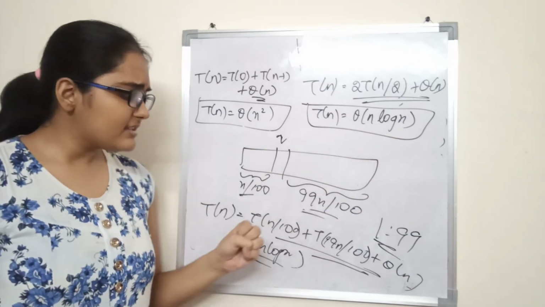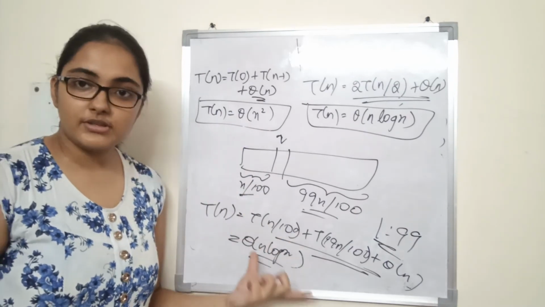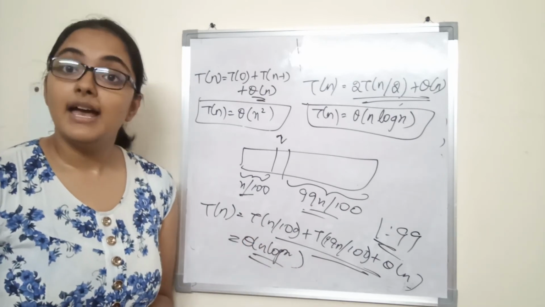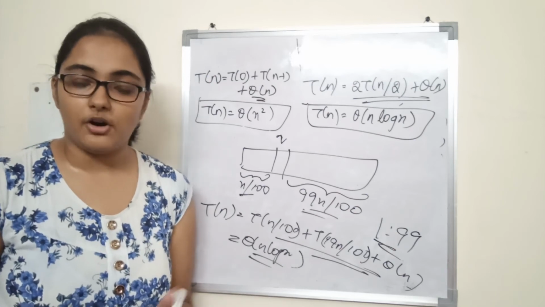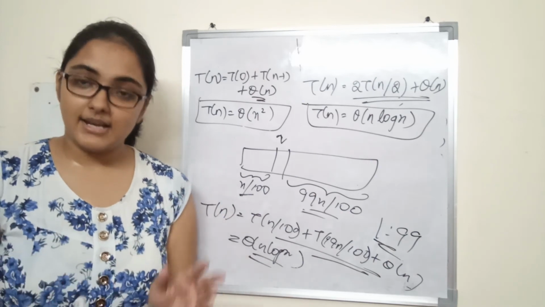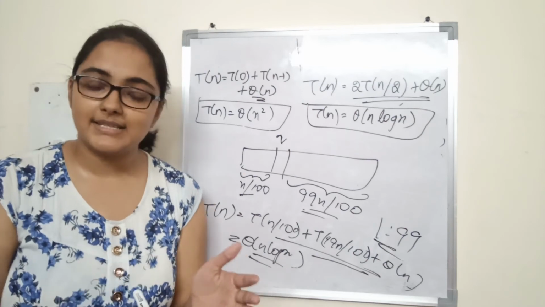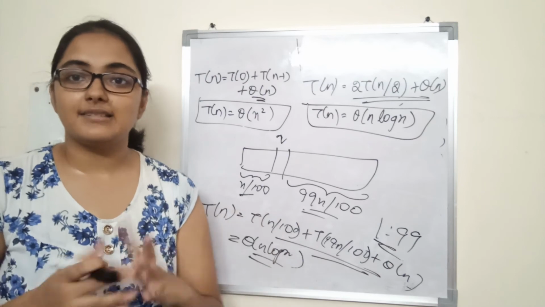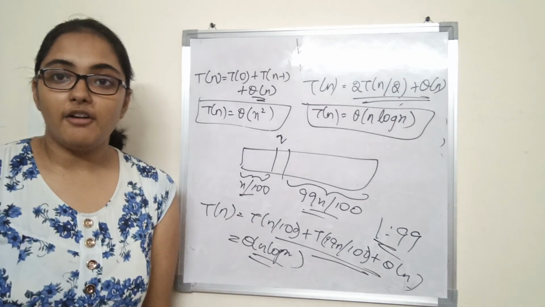So this worst case is very rare. Since the average case time complexity is very close to the best case time complexity, that is theta of n log n, quicksort is a very popular algorithm. Although its worst case time complexity is very bad, still because its average case time complexity is theta of n log n, which is closer to the best case, quicksort is very popular and is very much in use, as much as other sorting algorithms, right? So that is about the time complexity of quicksort.